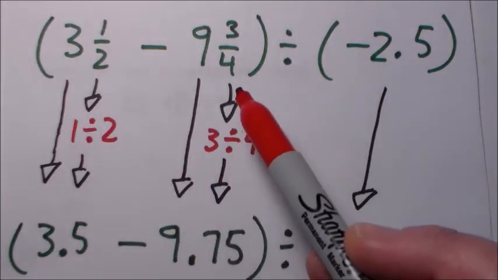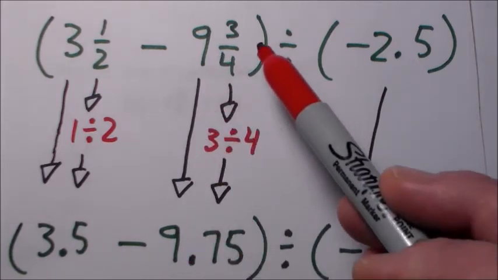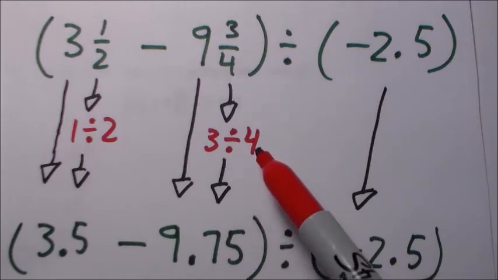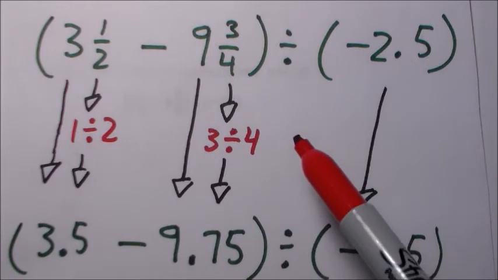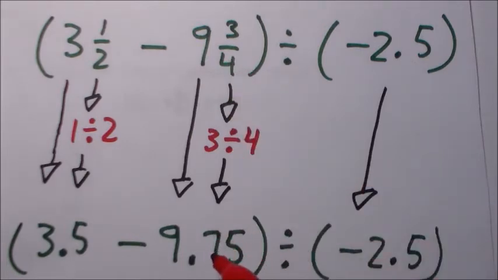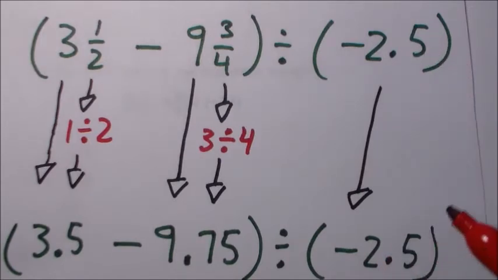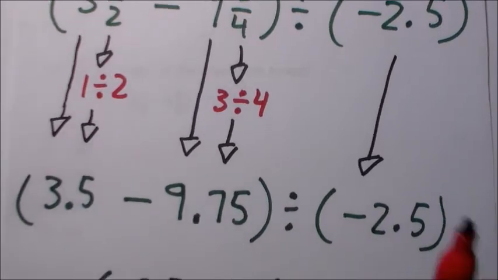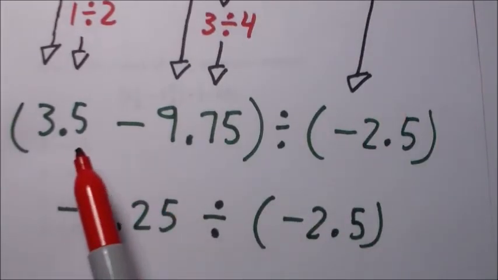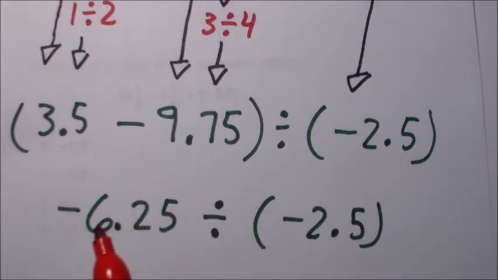Same thing with the 9 3/4. The 9 stays the same, whole number stays the same. 3/4 is equal to 3 divided by 4. Plug that in your calculator, do it out by hand, and you get 0.75. And negative 2/5 is just negative 2/5. So now we have a much easier problem to work with because we can just plug in 3.5 minus 9.75 into our calculator, or we can do it out by hand and we get negative 6.25 divided